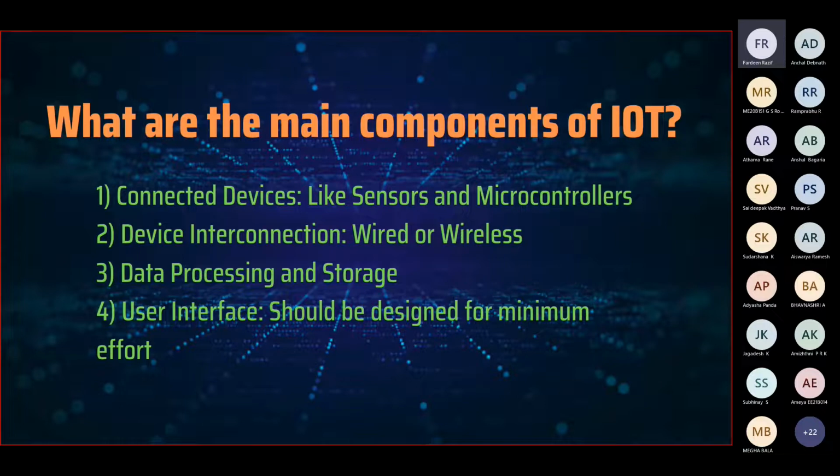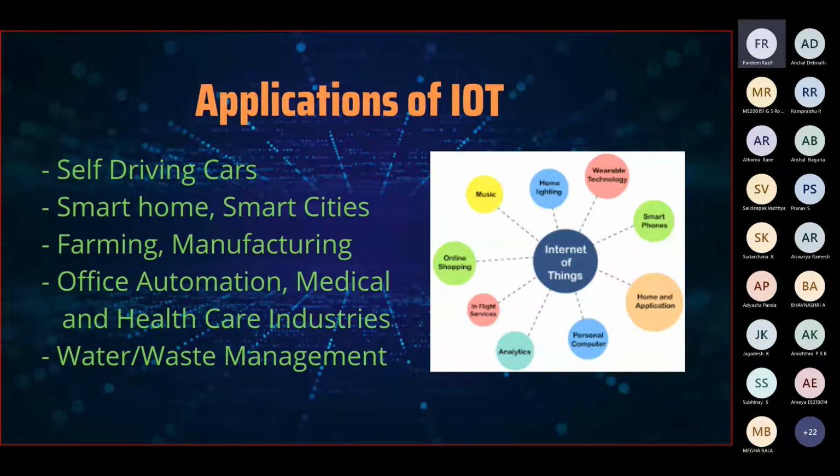So moving on, one more slide is there, applications of IoT. As I said earlier, we can make smart homes, and on an even larger scale, if we apply this, we can think about smart cities as well. Also, this IoT technology is used in farming and manufacturing industries, where we need to automate tasks. So to do them more efficiently and to produce things on a larger scale, IoT is a really good